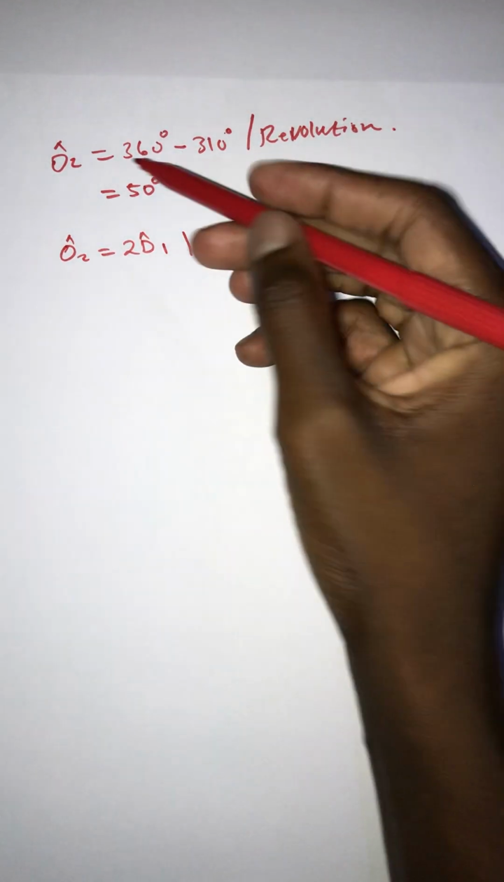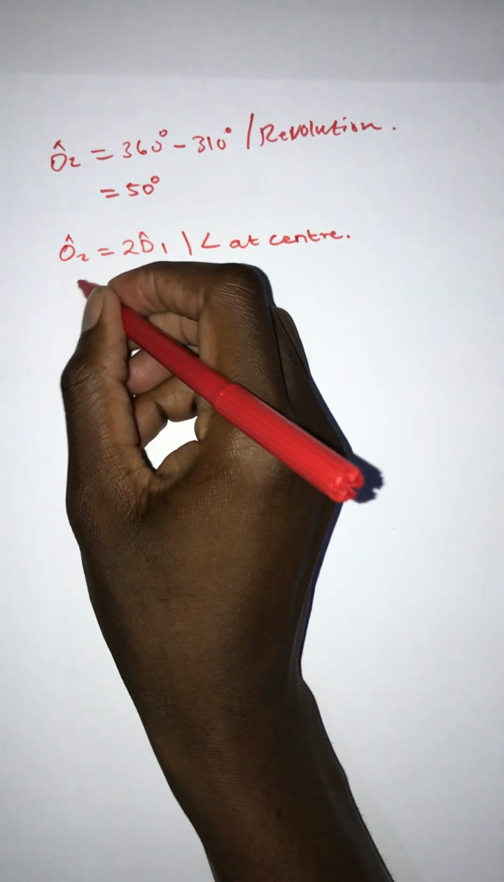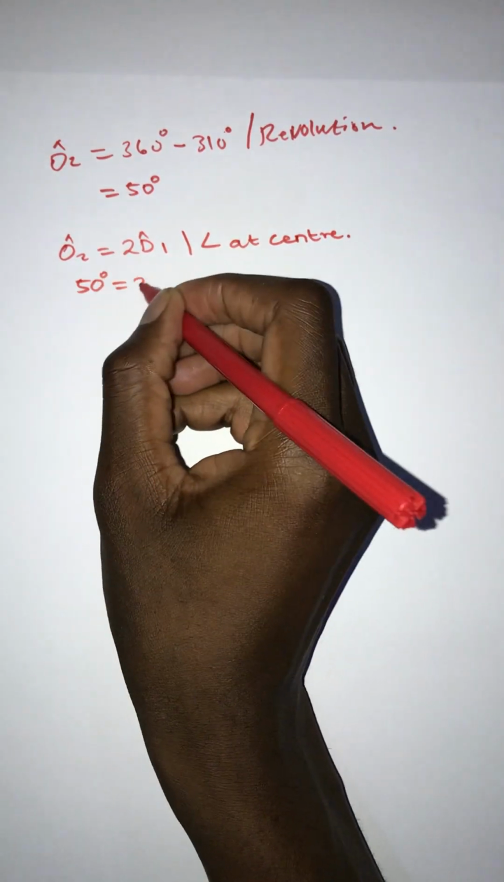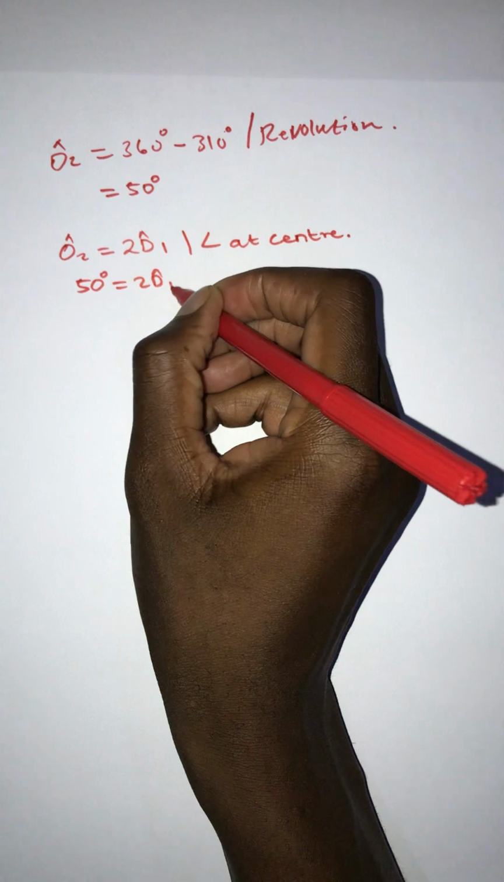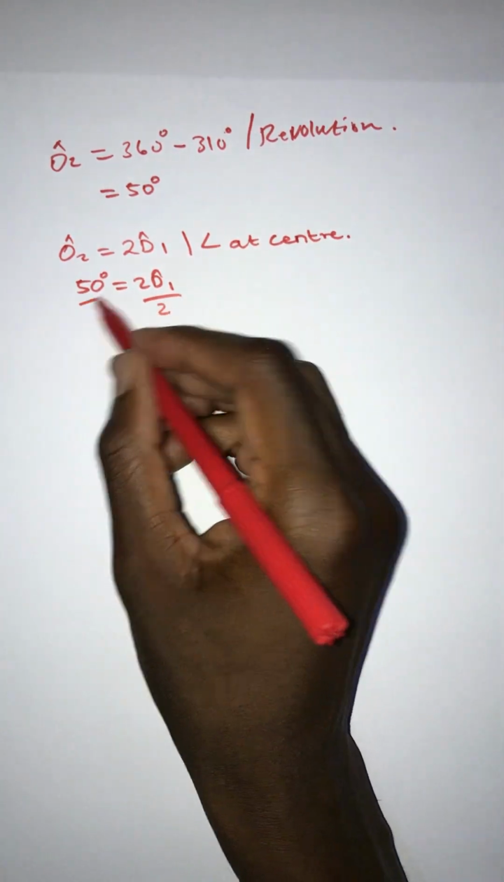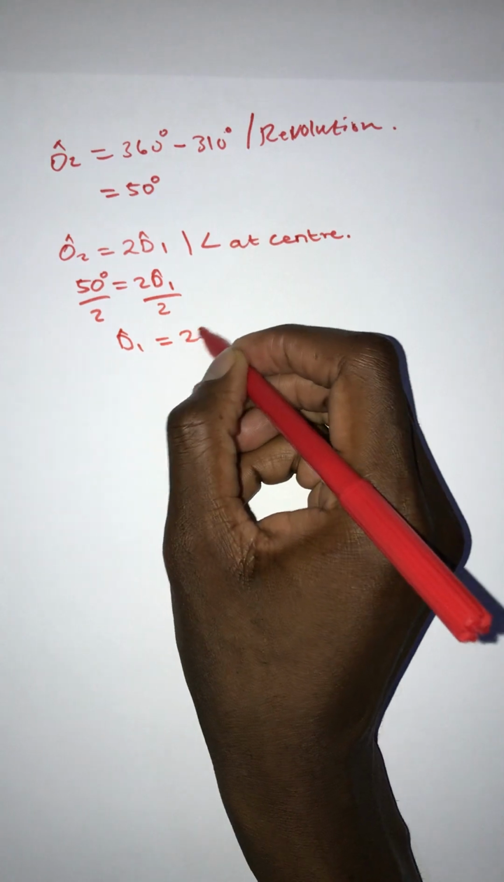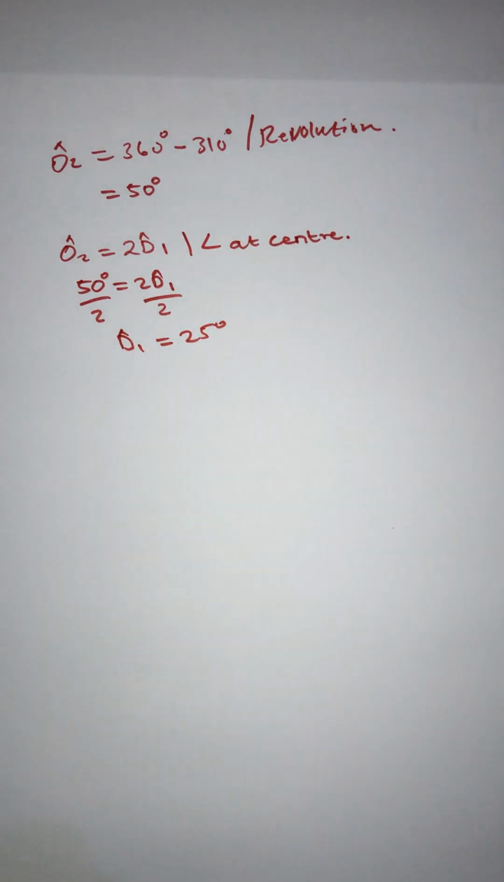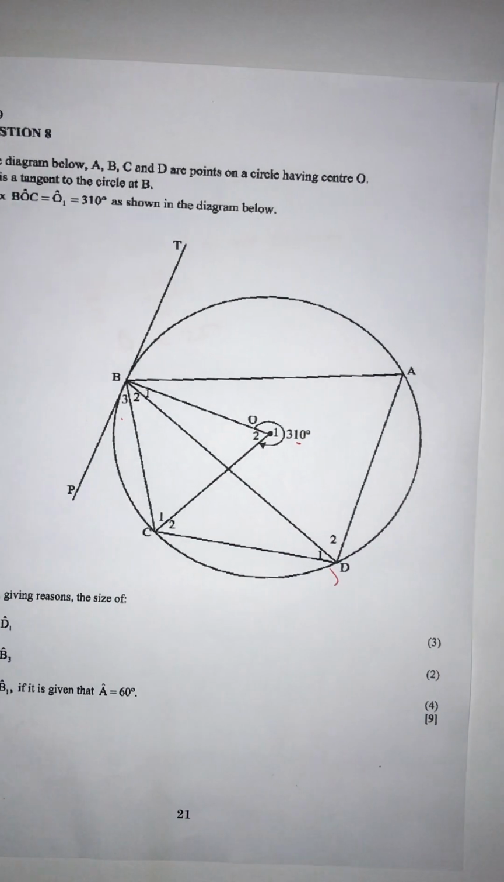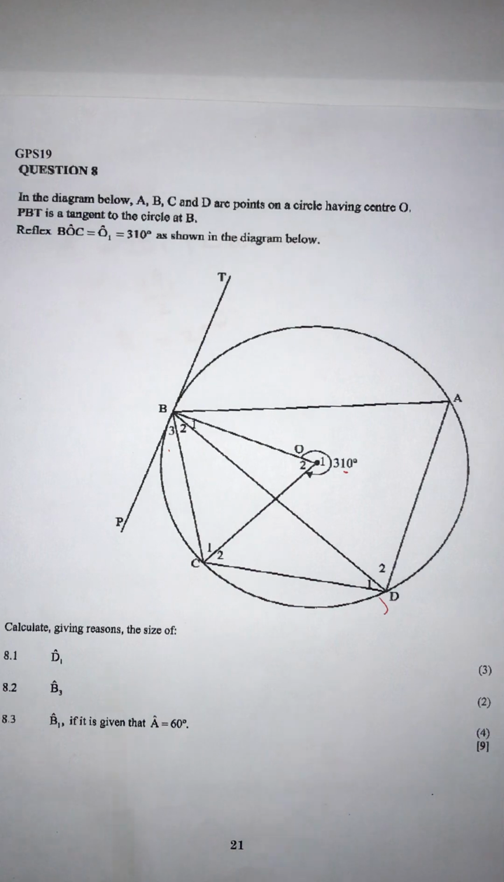So now, what is O2? O2 is equal to 50 degrees and is equal to 2 D1. Now we divide by 2, D1 is equal to 25 degrees. So it means that the size of D1 is equal to 25. Now we go back to the diagram. Now calculate, giving reasons, the size of